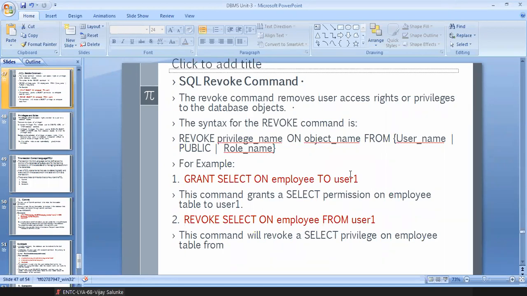आपण काही वेळा परमिशन्स देतो, बट समटाइम्स परत आपण त्यांना आपल्याला ती काढून घ्यायची असेल परमिशन, दॅट इज वी आर रिवोकिंग द परमिशन्स, access rights, then we are using the revoke command. The revoke command removes user access rights or privilege to the database object. The syntax of the revoke command is, see over here,